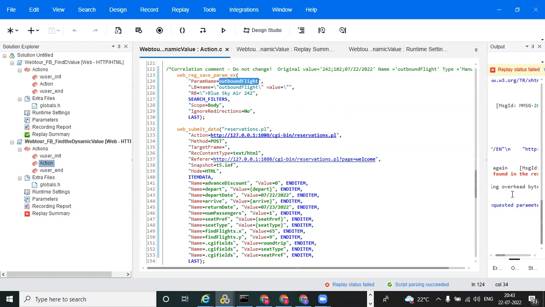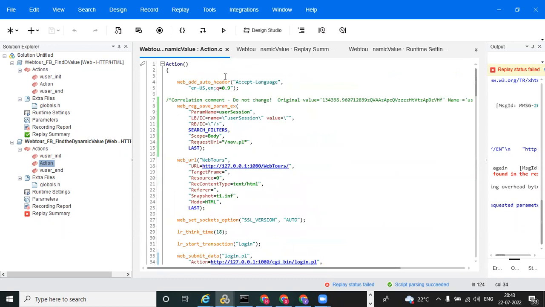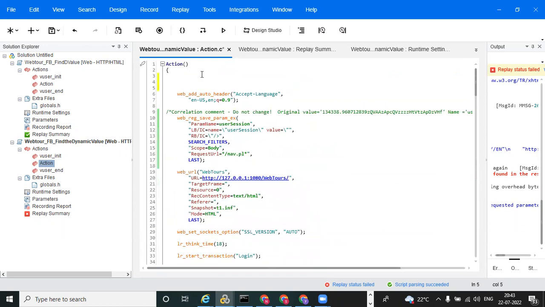So at that time, you need to write one function at the top of the script: web_set_max_html_param_len. This is the function, web set max HTML param length, and you can give it here. Somewhere it will be wrong, HTML missing. See, now